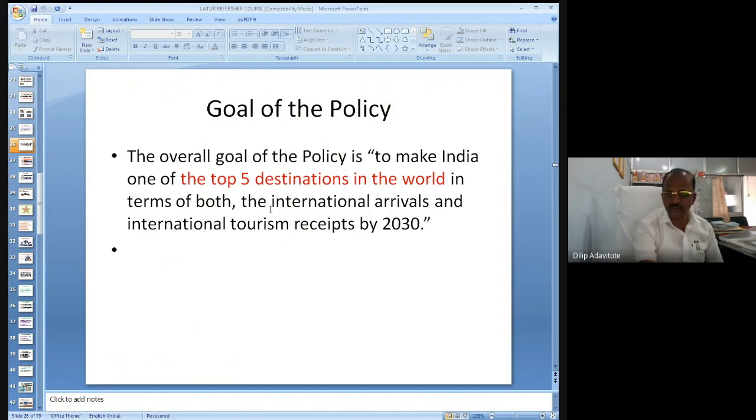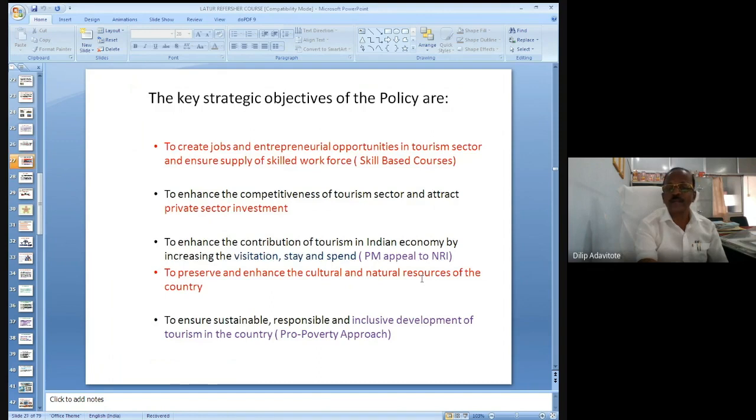It is top 5 destinations, and the international arrivals we are expecting, and the international tourism receipts, the money or cash we are expecting from the tourism sector by 2030. It is our goal to become one of the top 5 destination countries in the world. For that purpose, the positive aspects of the objectives